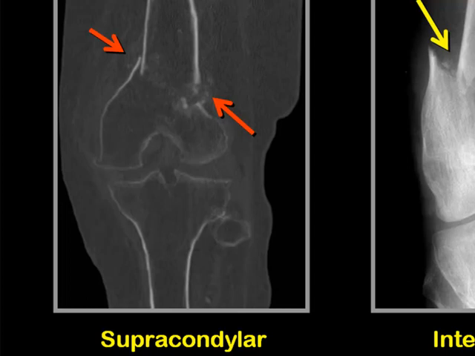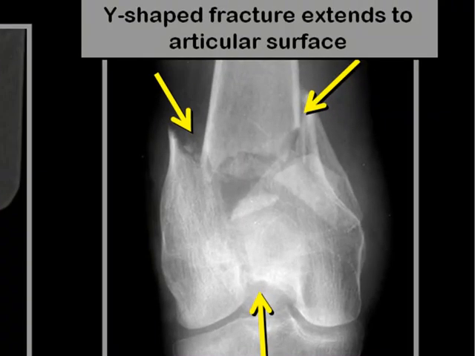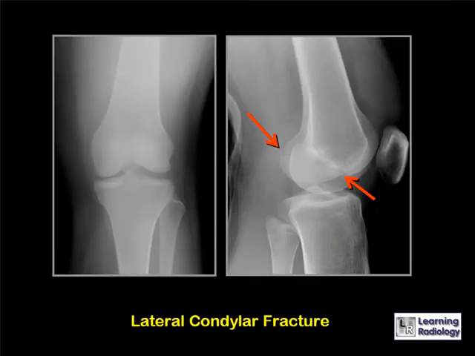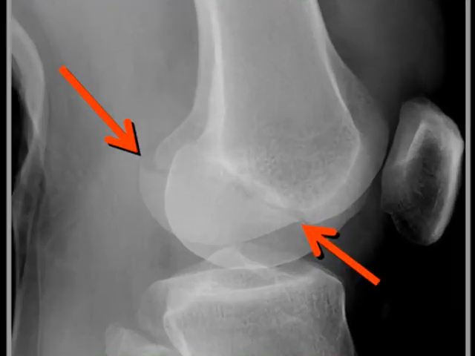This is a CT reconstruction of a supracondylar fracture. The red arrows are pointing to the diagonal fracture line just above the femoral condyles. This is a frontal radiograph of a patient with a comminuted intercondylar fracture. Not only is there a supracondylar fracture, but the fracture extends between the two condyles into the joint space, so this is an intra-articular fracture. This is a fracture of only one condyle that is seen only on the lateral projection. There is a diagonal fracture that goes through the lateral condyle of this